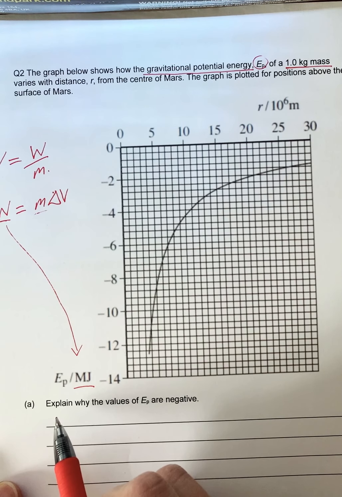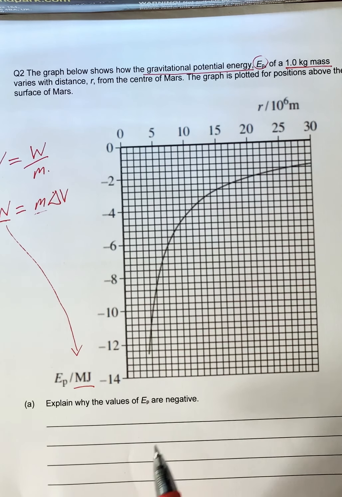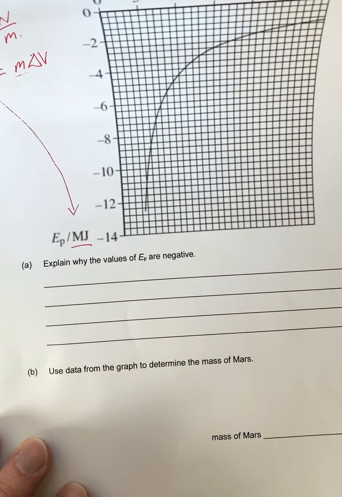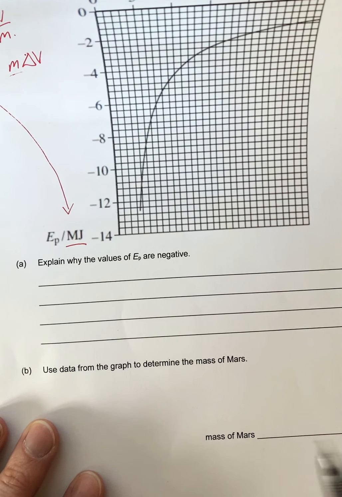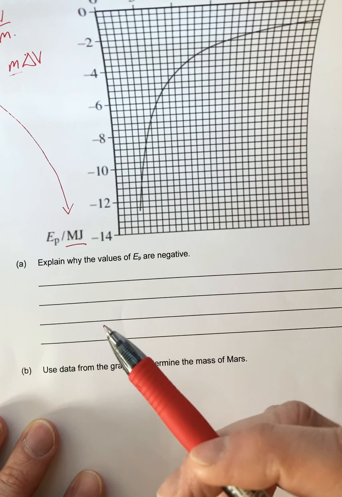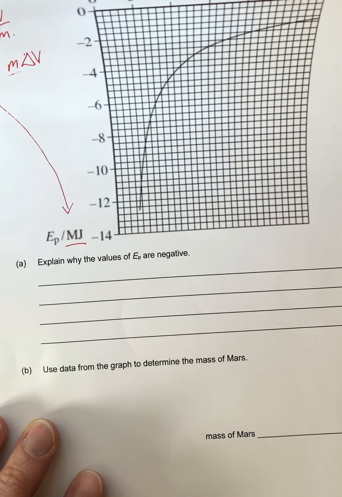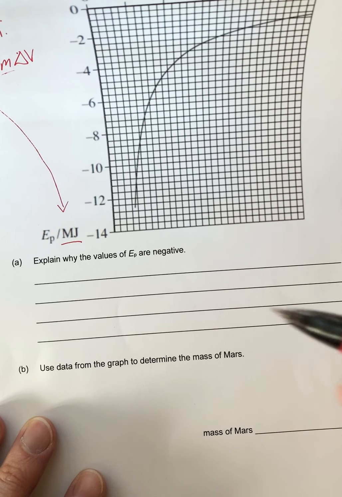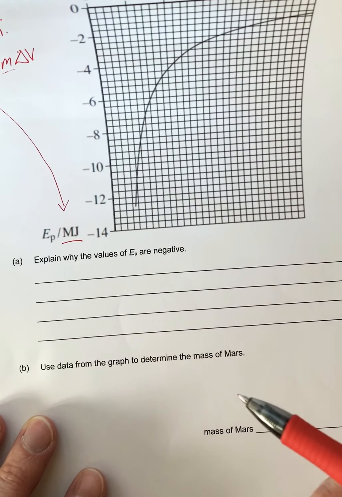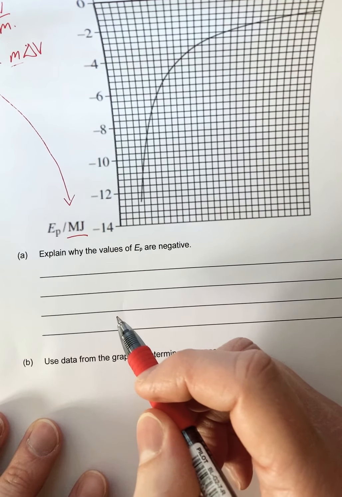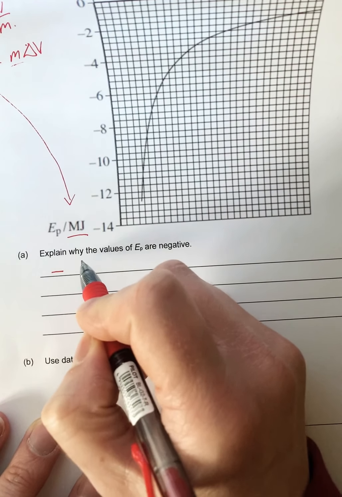Right, so first question. Explain why the values of EP are negative. This is similar to the opening question from another exam style question we've done. Essentially, you are going from an infinite point out in space, far enough away from the planet that it has zero potential, and as you move towards the planet, you are losing energy. So it's this idea of having a negative potential the closer you get to the planet. So just for 2 marks then,